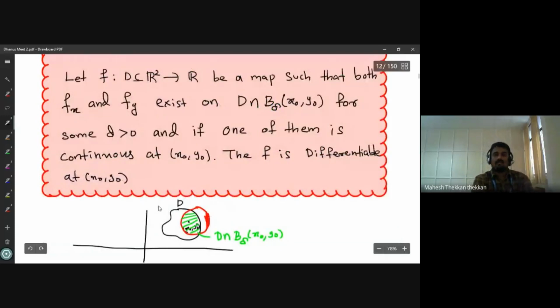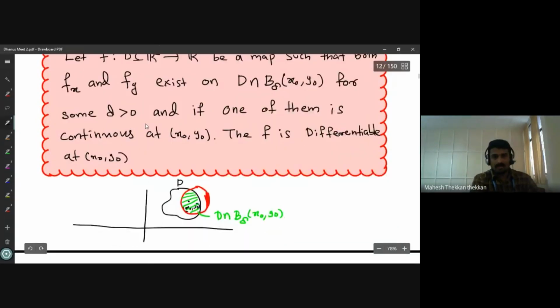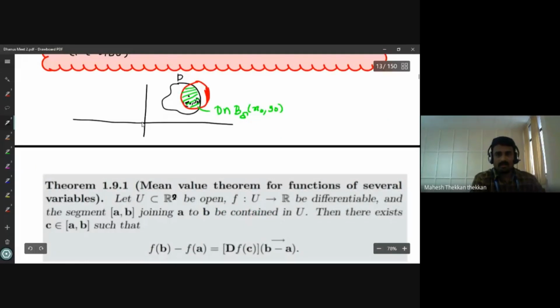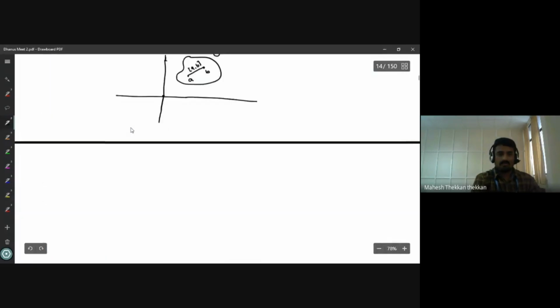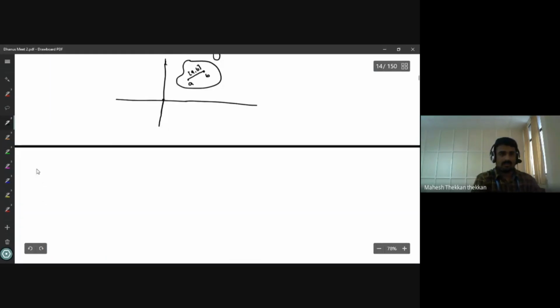Now I will go for the problems. Before going for the problems, I just mention one more thing: the mean value theorem for functions of several variables. After that, I will go for the problems. So first I'll just recall the mean value theorem we have studied for the single variable. Then I will go for the second case. So let